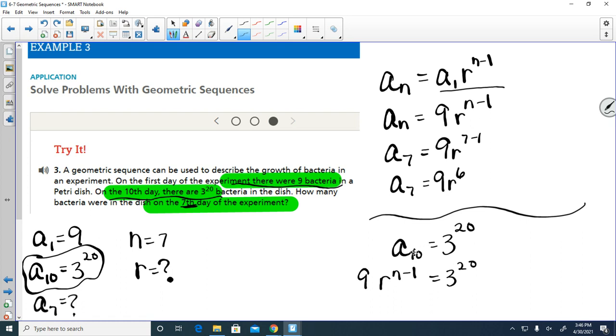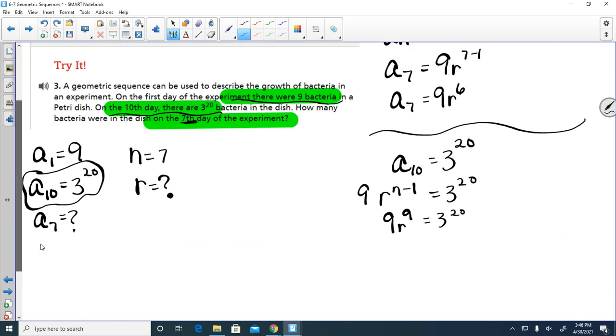And when I'm looking at the 10th day, I know the n would be 10, so 9 times R to the 10 minus 1, or 9th, equals 3 to the 20th. And hey, now I have an equation that I can use to solve for R. So if I divide both sides by 9, I'll have R to the 9th equals 3 to the 20th divided by 9